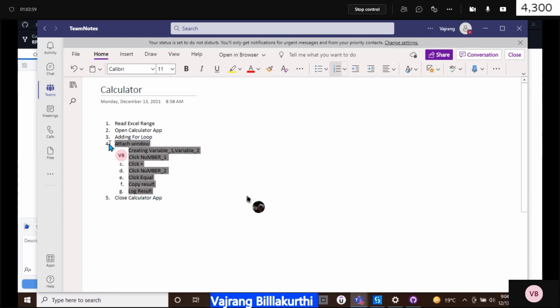So can we add this attach window as a subpath, like adding a for loop in that attach window, we have all these things. Anything else? For each row, yeah, we are adding for loop.